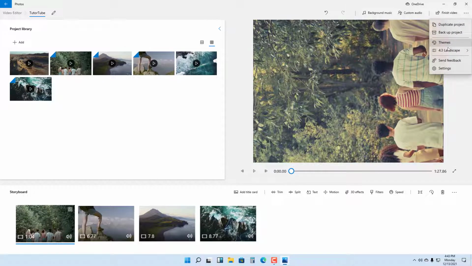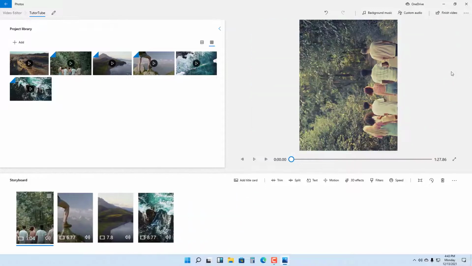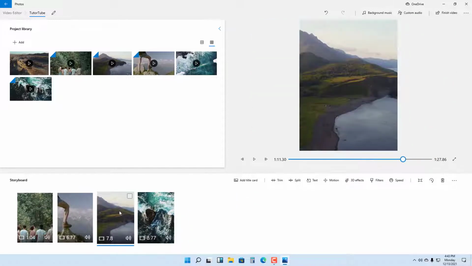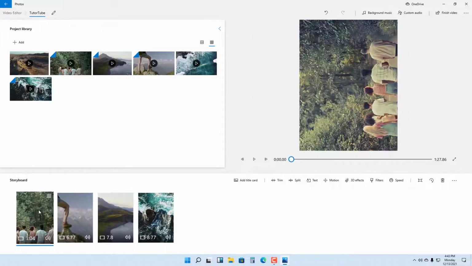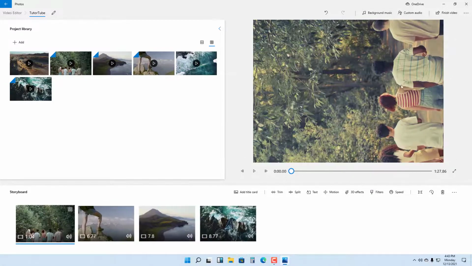Similarly, you can go over here and choose make portrait. So everything is now portrait, as you can see right here, just like this. So you can also edit video in portrait mode. And once you're happy with the results, I'm just going to change this to landscape right here. And if you want to export a video from what you edited, then you can